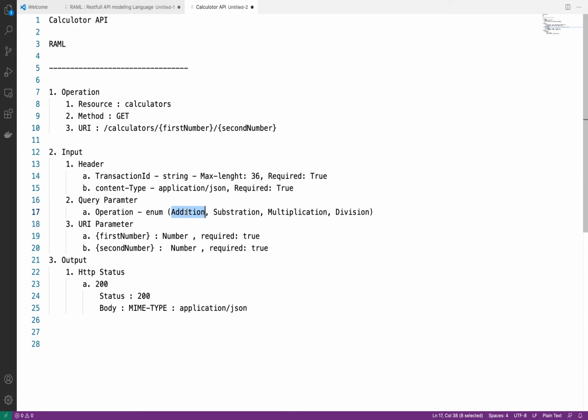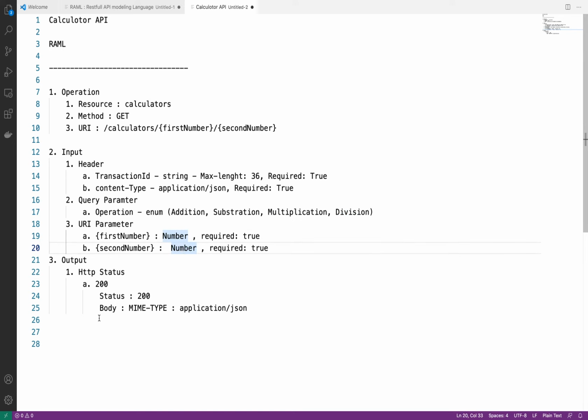If we are selecting addition 10 10, then my result will be 20. If we are selecting subtraction 20 10, then my result will be 10. If we are selecting multiplication 10 20, my result will be 200. If we are selecting division 10 2, then my result will be 5.